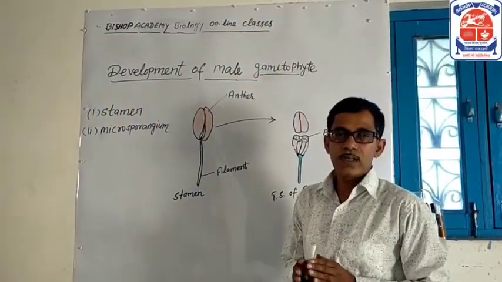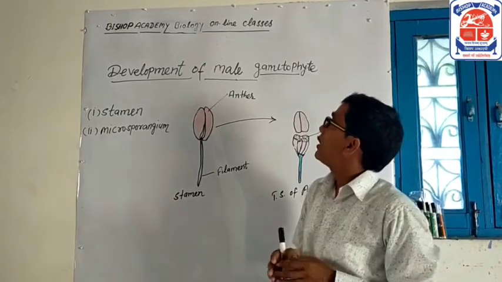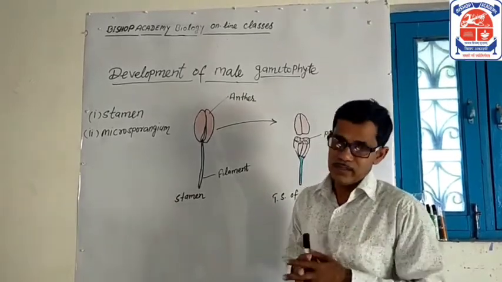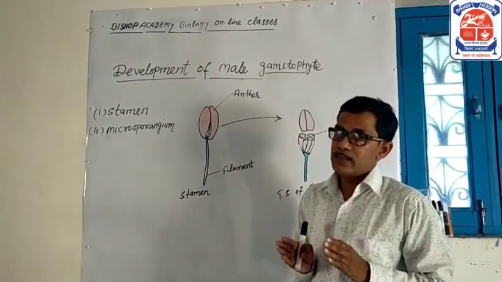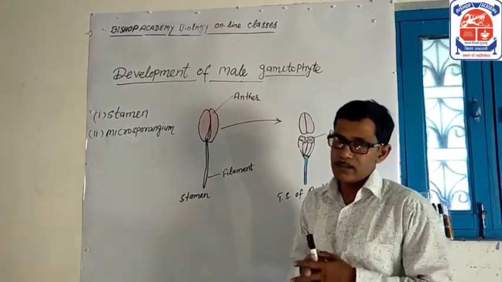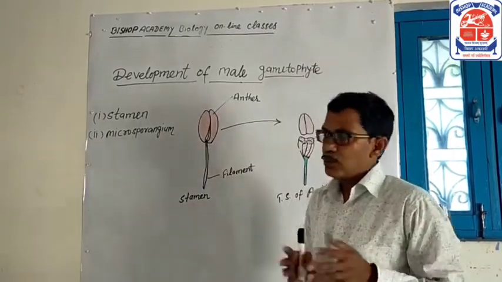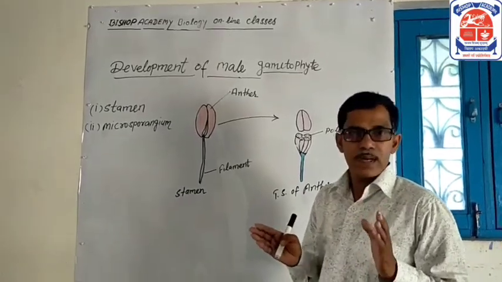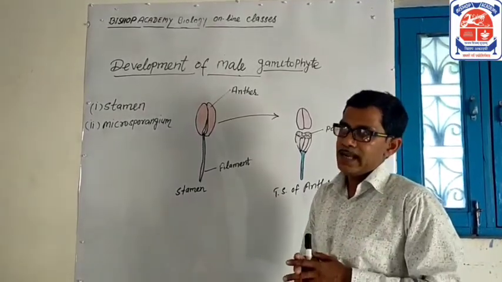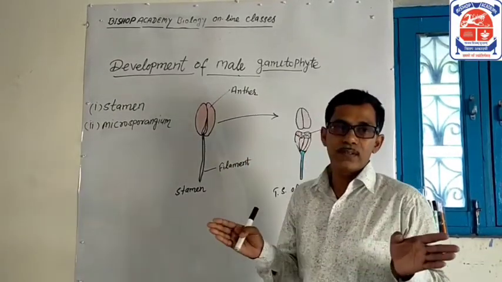Students, today we will study the development of male gametophytes, meaning how the male gametophytes, the pollen grains, are formed. As you know from the previous lecture, the flower is the main reproductive part of the plant and it has two main parts in view of reproduction,